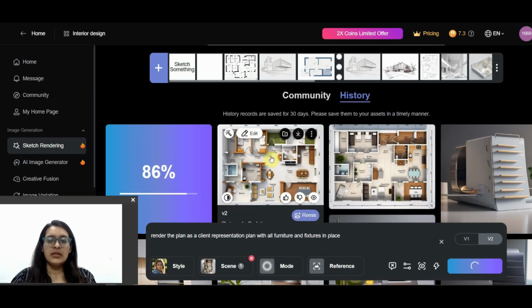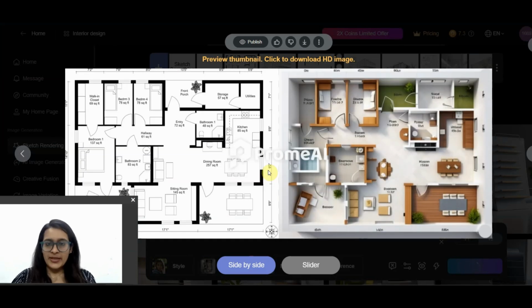Okay, so I think we should just go ahead and press on one of these. Let's see what output I get. If we compare the two plans, there's a walk-in closet here, and there's a bedroom here. It hasn't taken up the furniture of the walk-in closet, and it has made my bed look like a bathtub. The sitting room area has come out decent. Even the sit out has come out nice, but again, it hasn't done the door properly. So some things we definitely have to rectify in Photoshop.